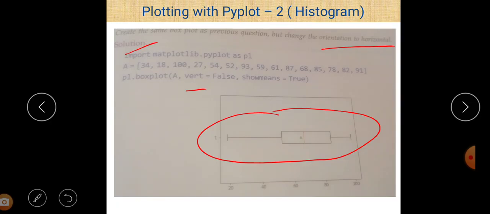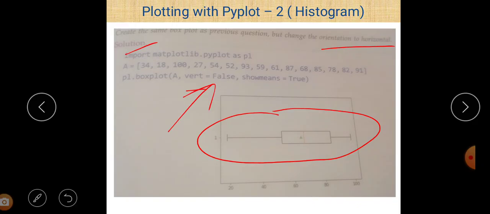So if you want to represent a box plot horizontally, then give just VERT is equal to false, and always remember that VERT is equal to true by default.